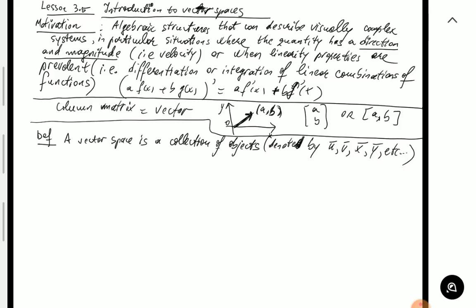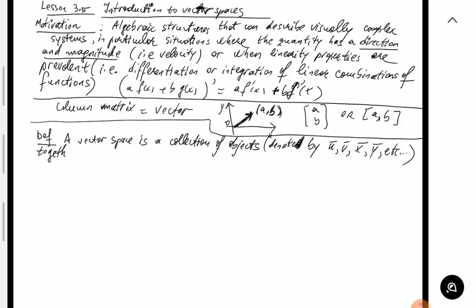Now, in most of the books, they will distinguish them by using bold letters rather than the bar on the top. But obviously, when we take handwritten notes, it's not going to be easy to make that distinction. So the convention is to put the bar on the top. Sometimes you have an arrow if you have to really be more specific in terms of the direction from one point to another. So it's a collection of objects denoted by this convention